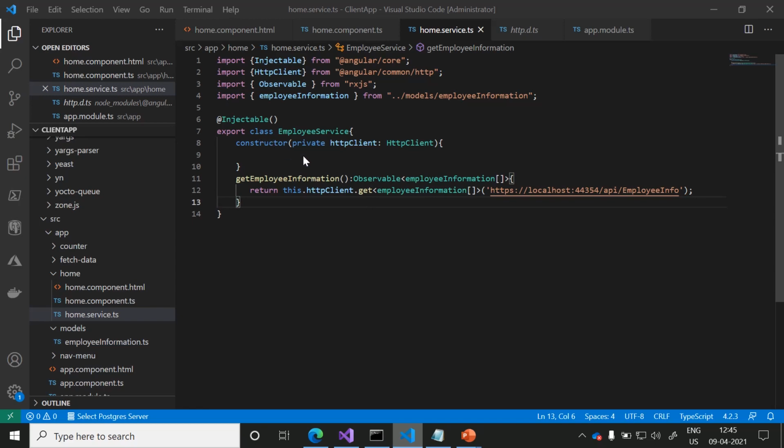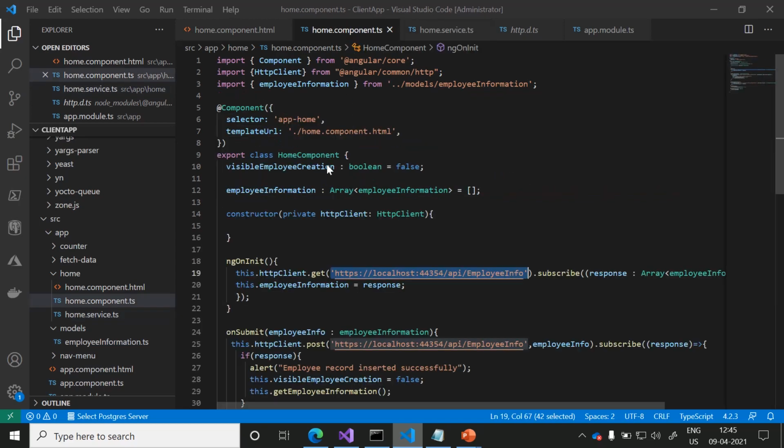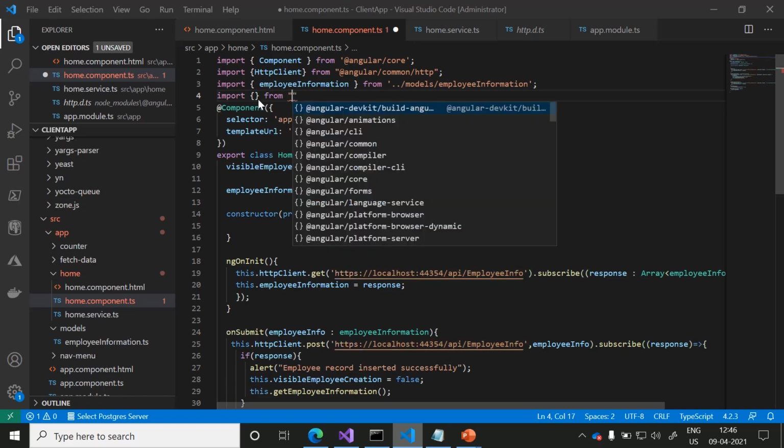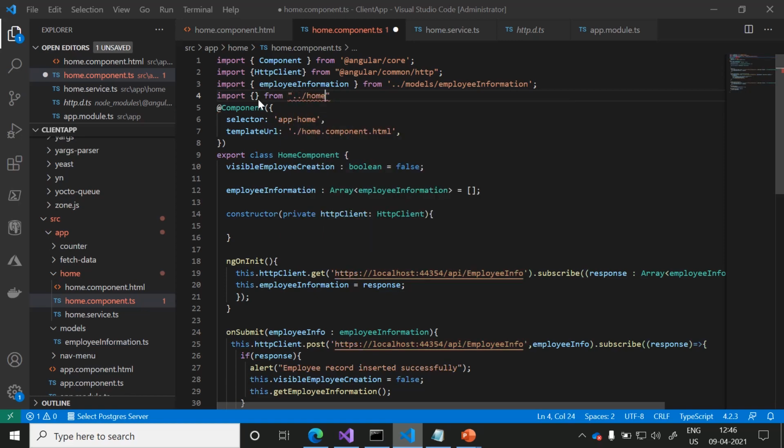The next thing is how can we use this employee service in home.component.ts. It's very simple. First we need to import the employee service into home.component.ts. The home service is present in the home folder and we already exported it. The name is employee service.